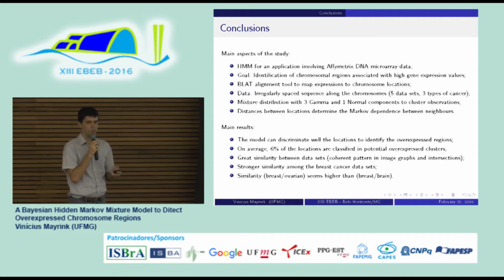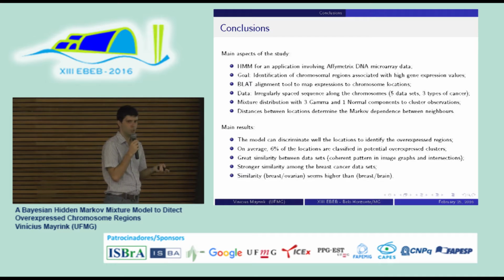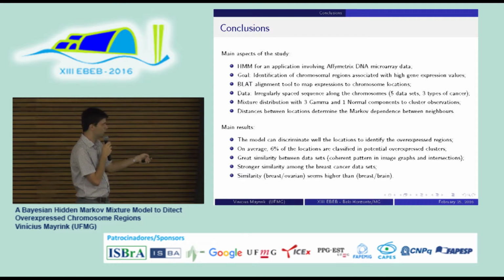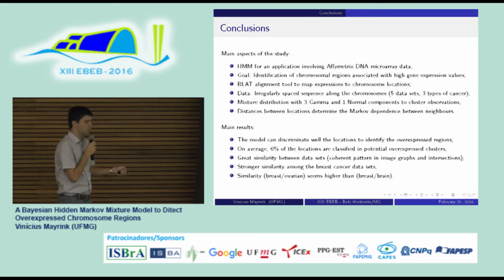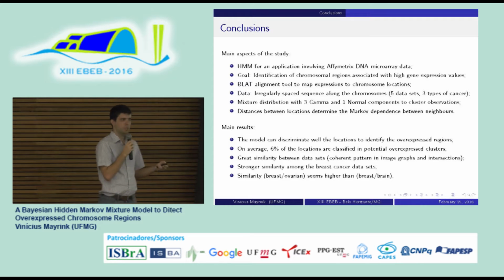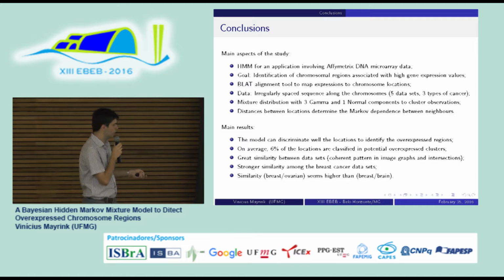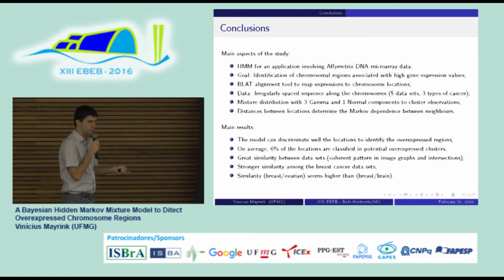In order to cluster the values in an overexpressed status or not, we use the mixture distribution with gamma and one normal. The normal is the most important, which will include those overexpressed cases. And the main results: the model can discriminate well the regions with high expressions from the others. We can calculate those probabilities indicating they have overexpressed status. On average, we have 6% of regions with